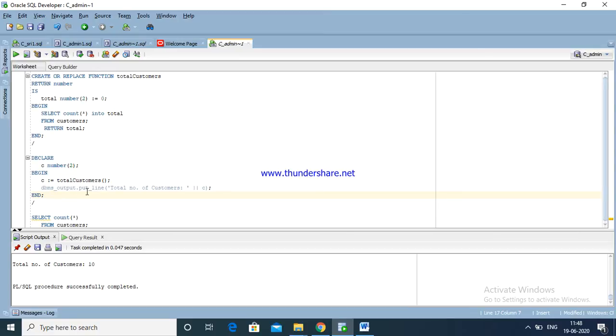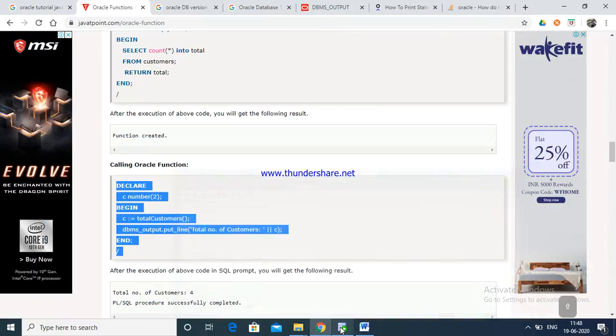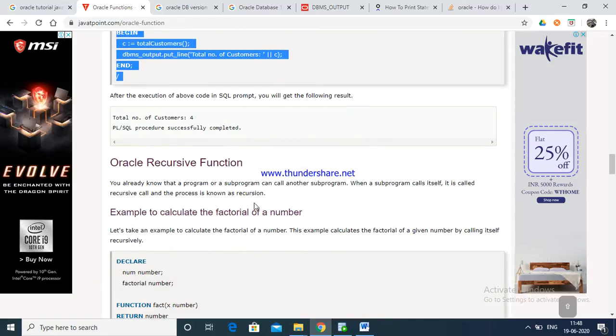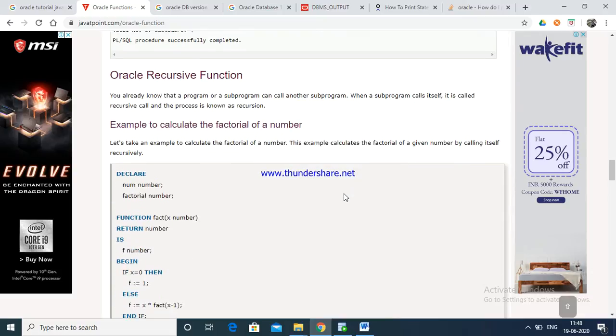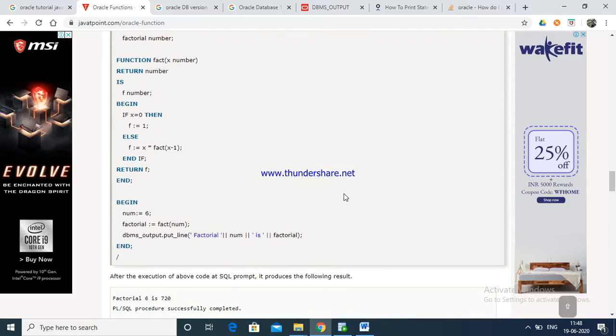dbms_output.put_line. In single quotes we are giving a pipe symbol, total number of count C. This way we are completing the Oracle function using a table. Now we are going to use a recursive function.